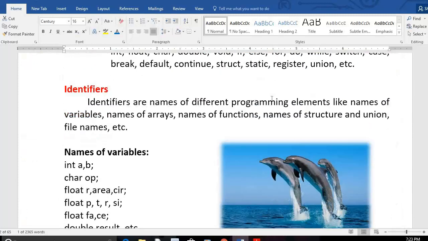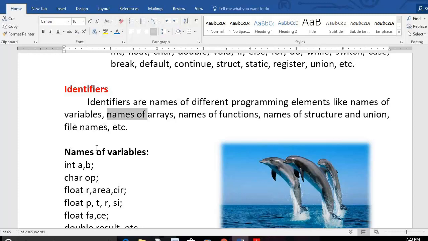Identifiers are names of different programming elements, like names of variables, names of arrays, names of functions, names of structure, names of union, names of file, etc. Any names whichever we use while writing computer programs are called identifiers.